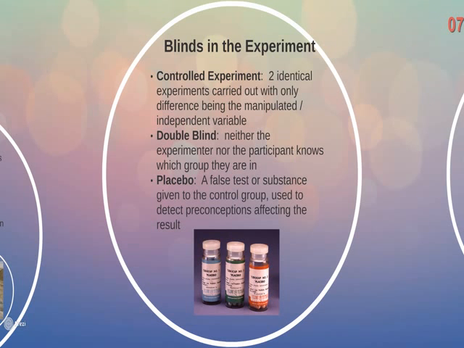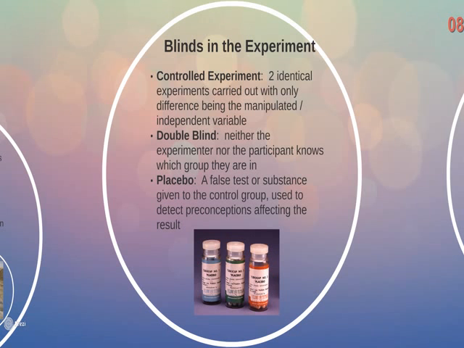By having a double blind, neither the experimenter nor the participant knows which group they're in. And in most cases, to do a double blind, we need to have a placebo, which is a false test or substance given to the control group. This is helpful in minimizing preconceptions in there, so that the person isn't just going to have a positive result